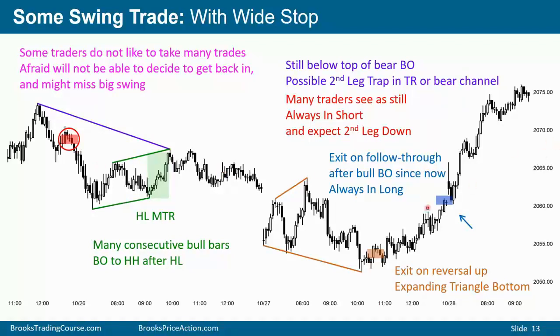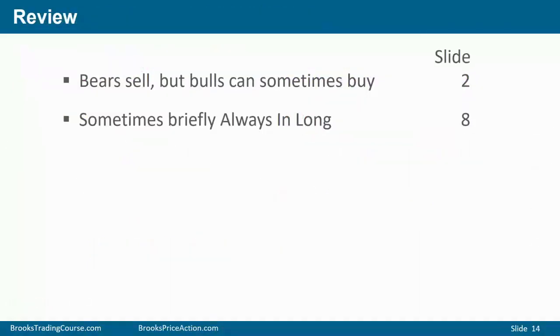They're looking for reasons to get out, especially by the end of the day. And consecutive or nearly consecutive bull bars with decent bodies and closing on their highs, that's a good reason to get out. It's a bear trend. It's a broad bear trend and therefore not particularly strong, but bears should be looking to sell. And if the rallies up are strong enough, bulls will look to buy as well. And sometimes the rallies are strong enough to make the market always in long, at least briefly.